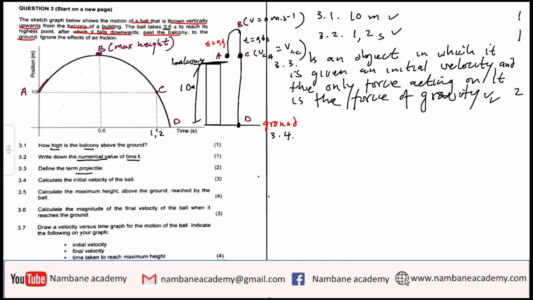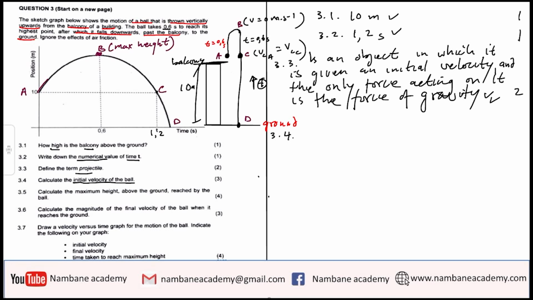Now here comes a nice question to say calculate the initial velocity of the ball. This question becomes easy provided I know where and how I can use this information. Why is it becoming easy? Ladies and gentlemen, I am going to tell this examiner I am taking upward as positive. After doing that, I am saying to this examiner, if you want V initial,